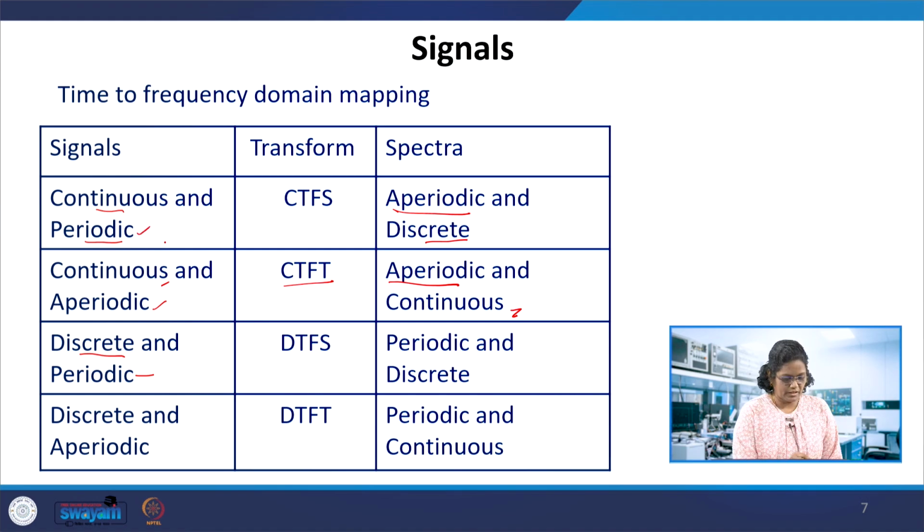So if the signal is periodic, whether continuous or discrete, the analysis is done with Fourier series, and if it is aperiodic, then with Fourier transform. Whether it is continuous or discrete depends on continuous time or discrete time, and we use it to get the spectra. So we should know the mapping, to verify whether the outcome of the Fourier transform applied to the signal is correct or not.